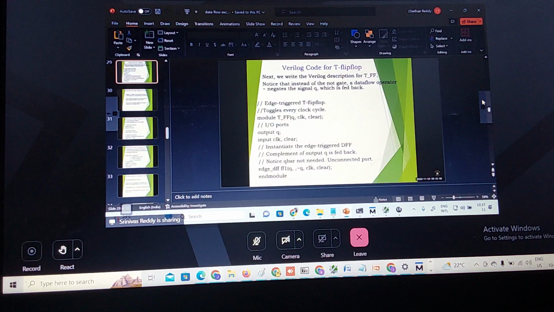Now the inputs are clock and clear. So what we are instantiating is the D flip flop. How are we instantiating this? The complement of Q is fed back, and notice Q bar is not needed when you are working with a ripple counter. Q bar is not necessary. But when you are modeling the D flip flop, you are modeling both the outputs Q and Q bar. Here Q bar is not necessary. So now I am instantiating the